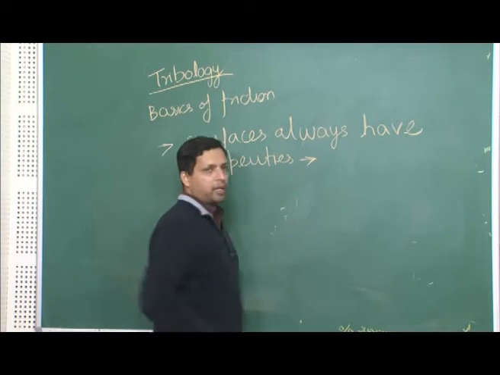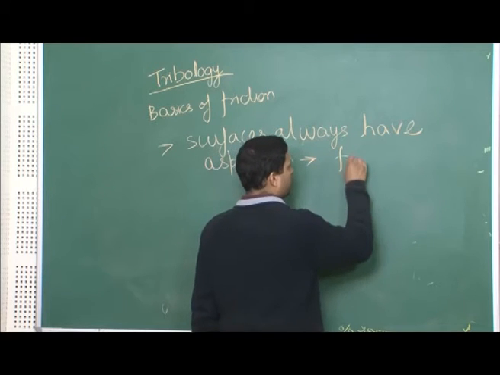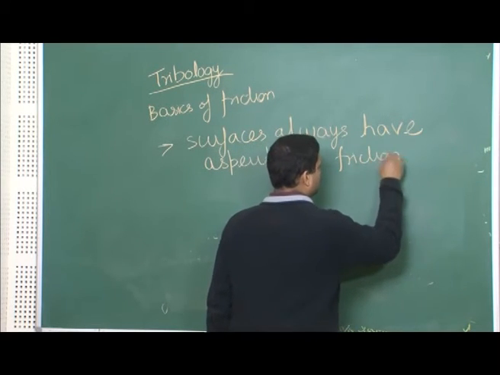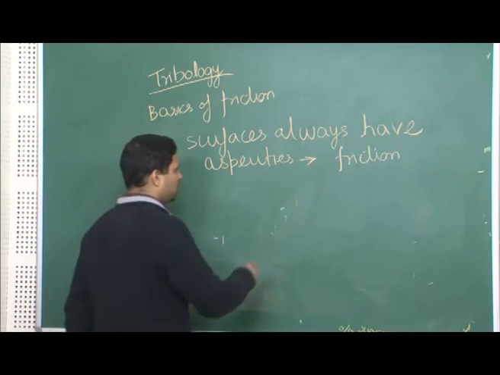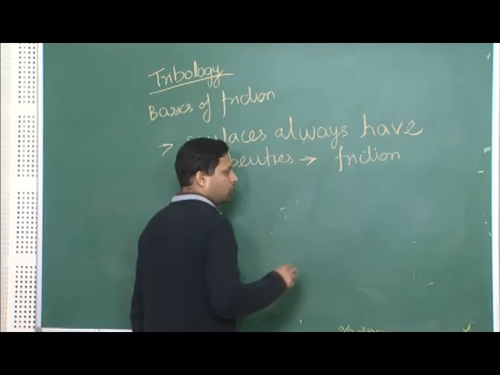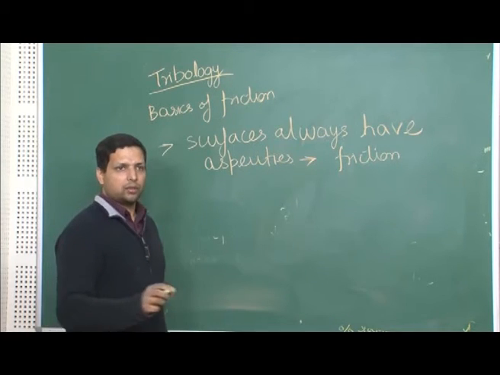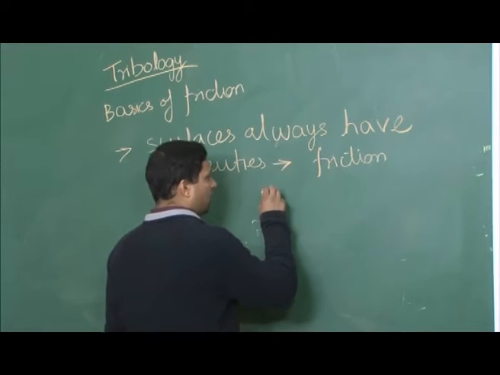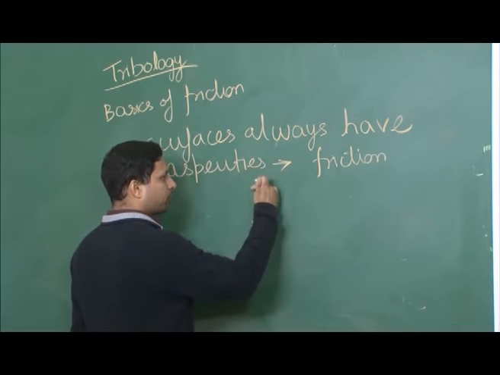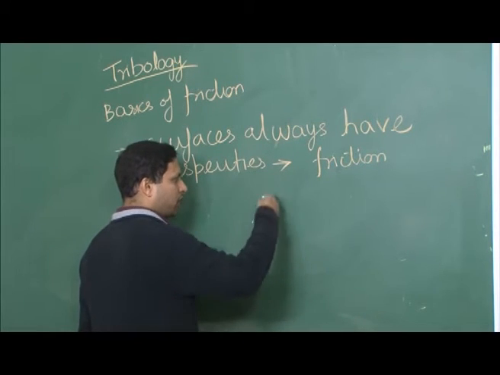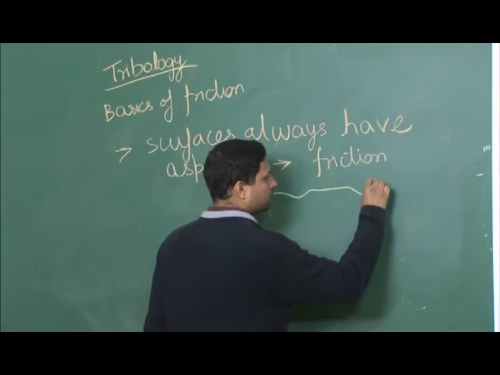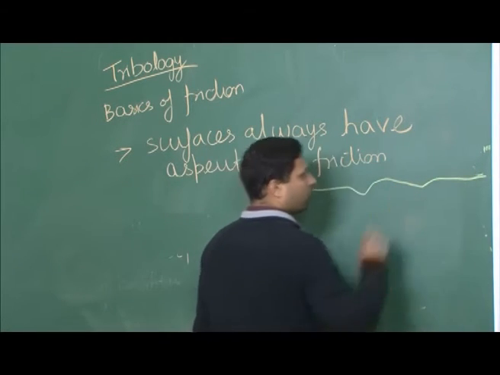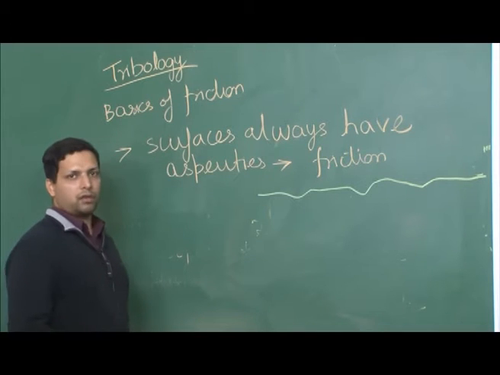And it is these asperities that lead to friction. So, let me draw a rough sketch of what I mean. Let us say we are looking at one of the board dusters in cross section. This is the plane of the board duster, and if you look at the cross section, there may be something like that all throughout the surface.